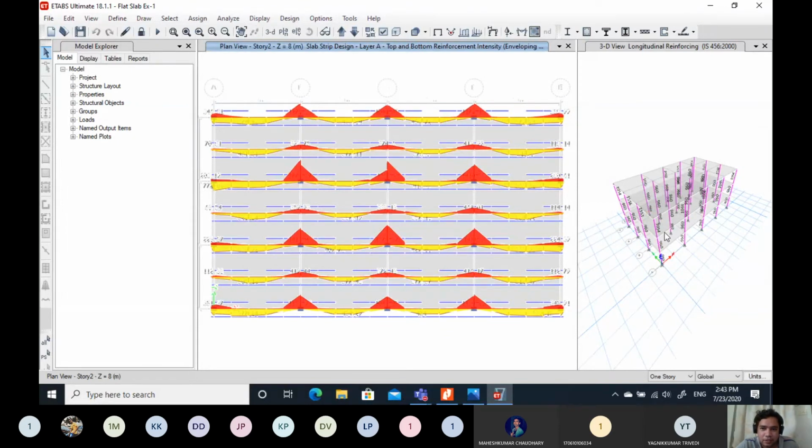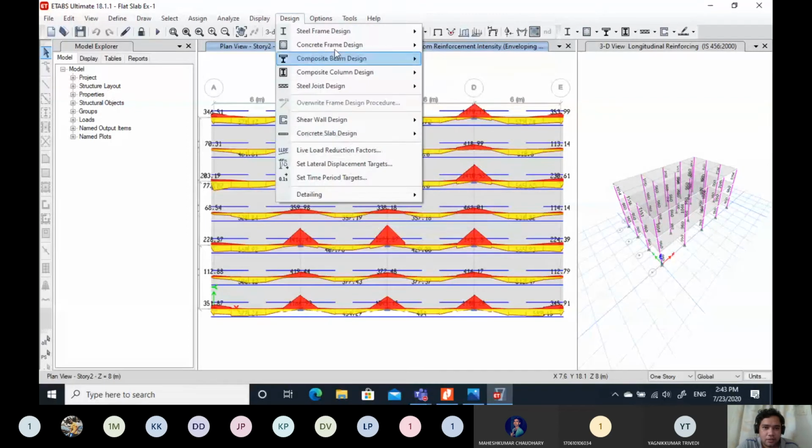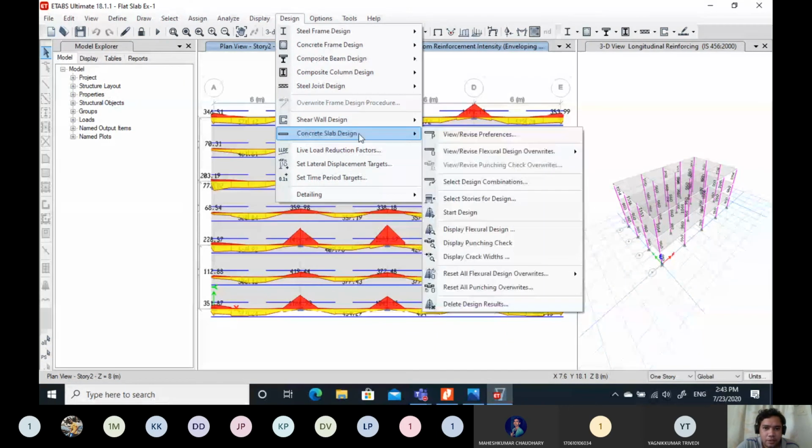So let us consider the intermediate story. Now see, this is for the top and bottom reinforcement, layer A. Same way you can check the strips. You can also check the punching design also.